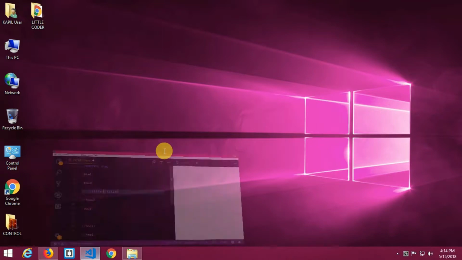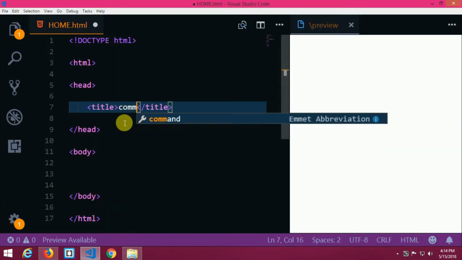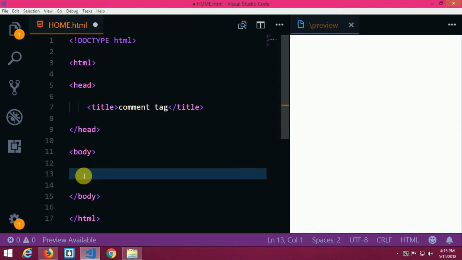So let me open up my VS Code. Today we are going to take a look at comment tags. The comment tag does not have a text tag at all. This is the comment tag actually. If you take a look at it, it is called the comment tag. I think you will all be surprised because it does not have any sort of text, but